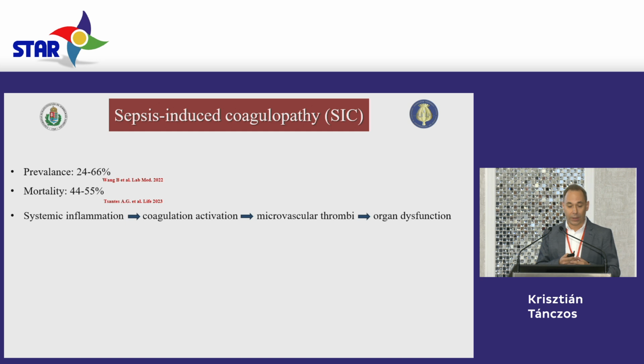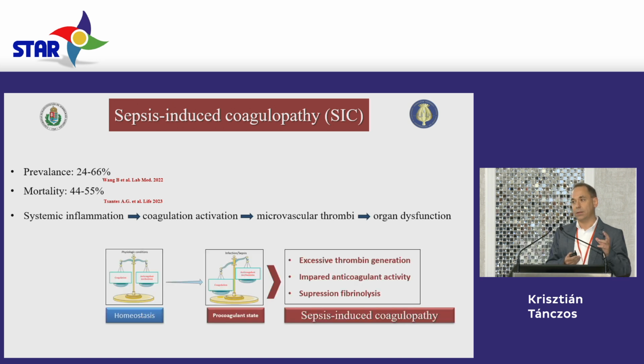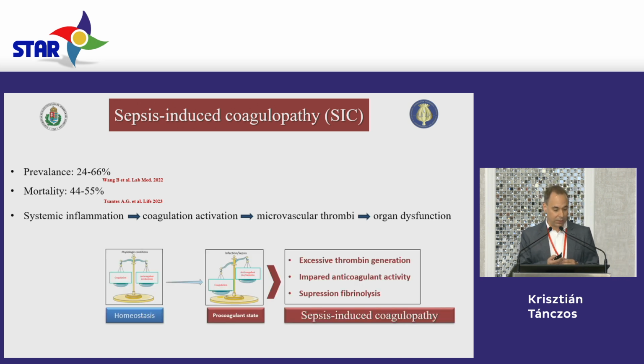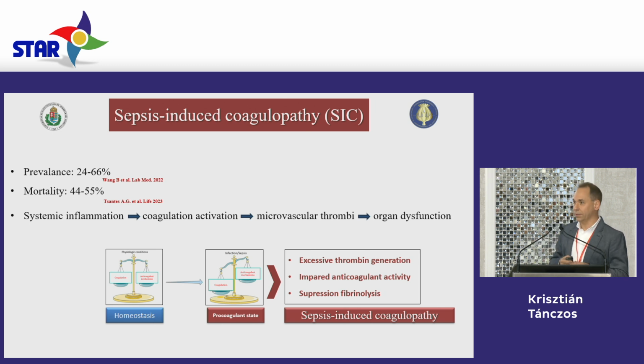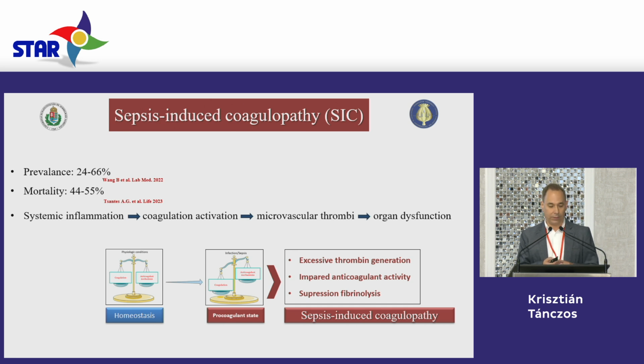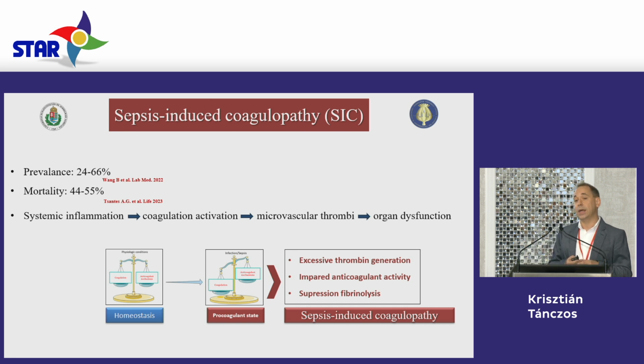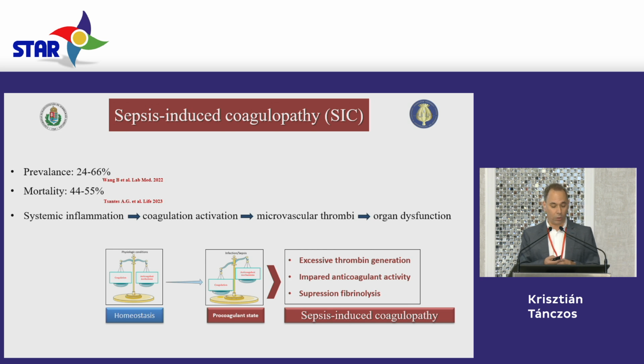So the sepsis-induced coagulopathy is a common complication of sepsis. It is associated with high mortality, and it is characterized by systemic inflammation together with coagulation overactivation, which is leading to microvascular thrombi and organ hypoperfusion and the subsequent organ dysfunction. So in severe sepsis, the balance of the physiological hemostasis is disturbed, which is leading to a procoagulant state due to a massive thrombin generation, impaired anticoagulant activity, together with the suppression of the fibrinolysis, a condition which is called